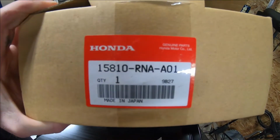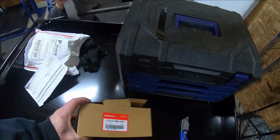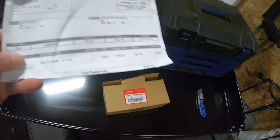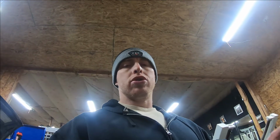All right, so here's the part number for the replacement part. This is the entire VTec valve with oil pressure sensor, VTec solenoid, whatever you want to call it. And I got it right on eBay. This is an OEM part off of eBay, okay? It's $157 total. Before we go any further, I'm gonna tell you, do not order an aftermarket or an off-brand